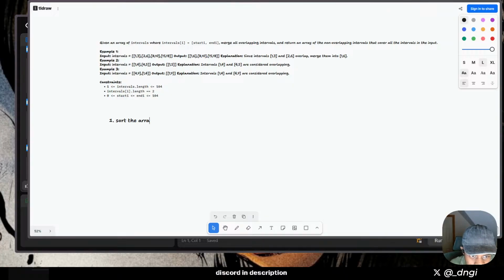I'll use the example that isn't sorted for this. So for example, we have this array, 1 4, 7, 1 4. So we're gonna take that and